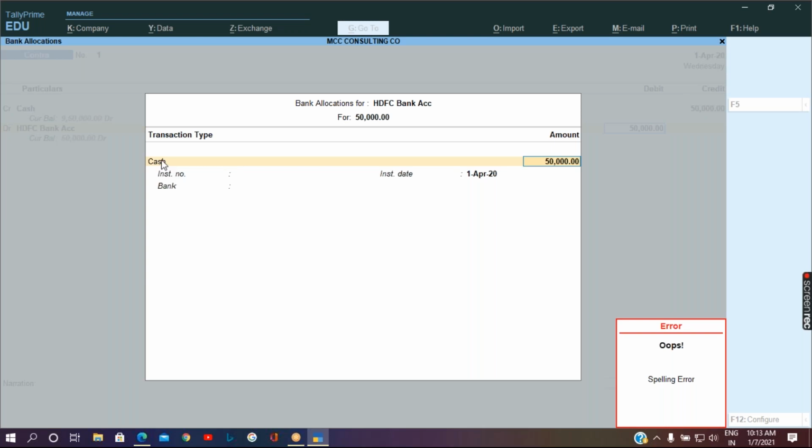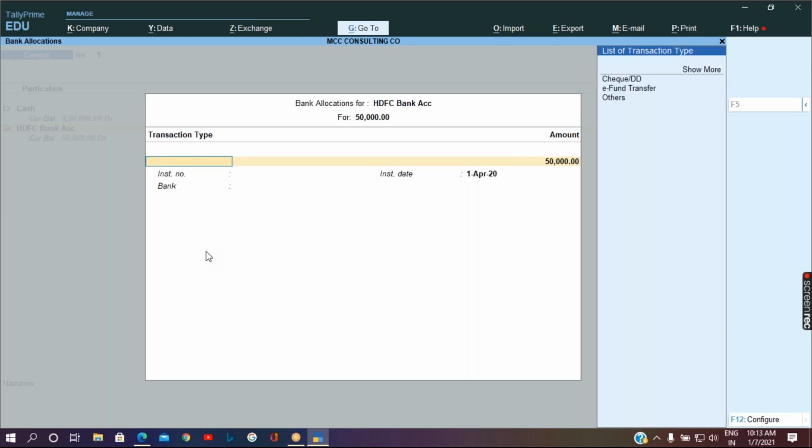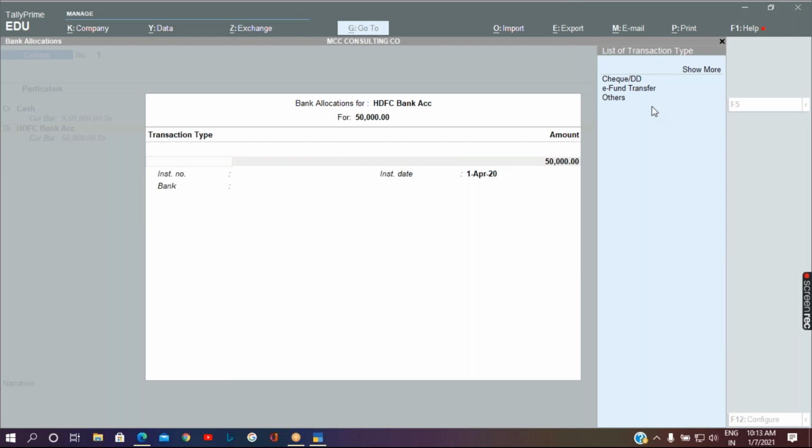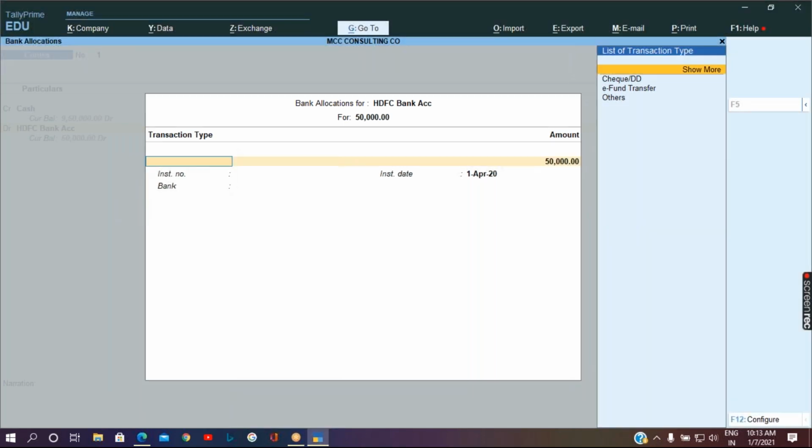You can get the cursor over here by using backspace and press the space bar to get a list. You can find which other transaction types can be done using the bank ledger, and click on show more to get more features. As per this transaction, I'm supposed to use cash, so let me select cash.